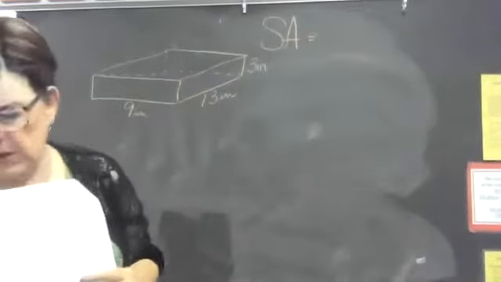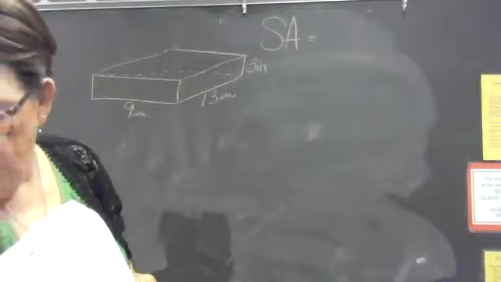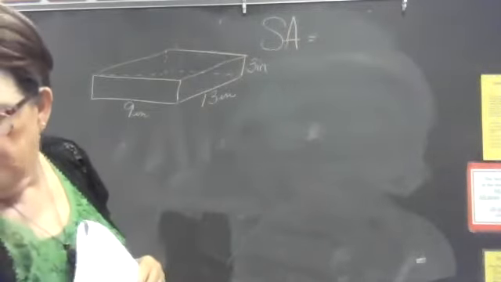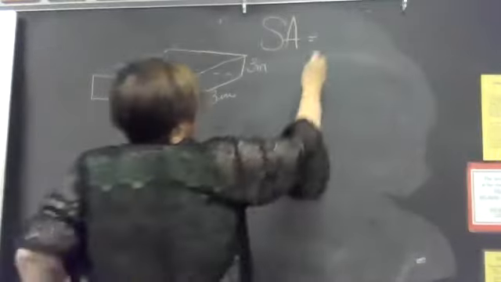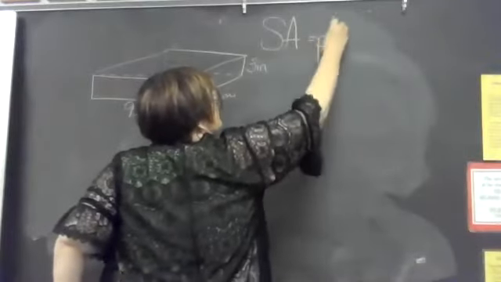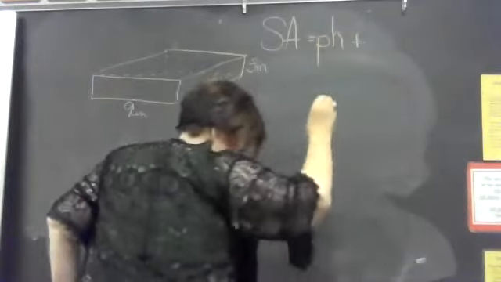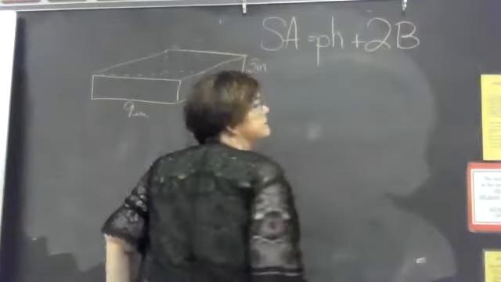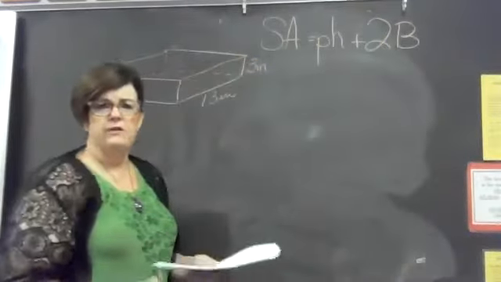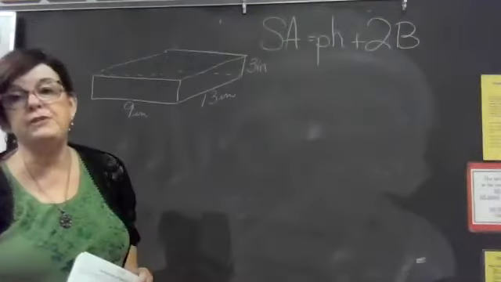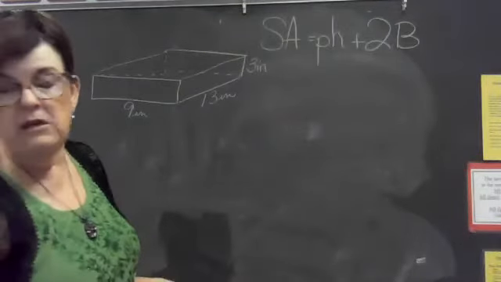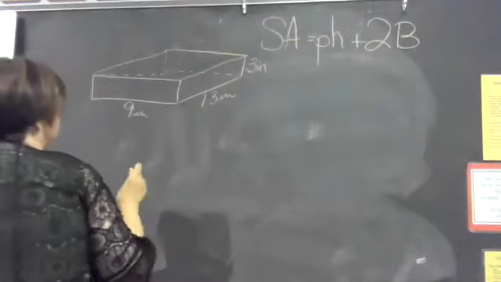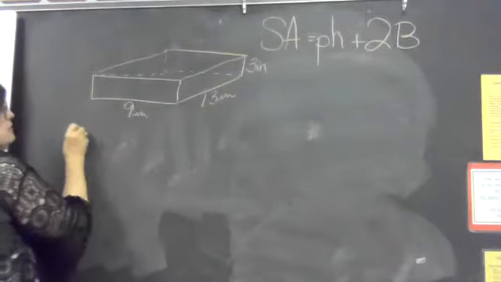Now there are 2 different ways to do this. You have a formula to find the surface area of a rectangular prism. It's the perimeter of the base times the height plus 2 times the area of the base. This is the formula that's on your formula sheet, so we will use that. I will tell you that if you have a problem remembering how to use this formula, then all you have to do is take this piece apart